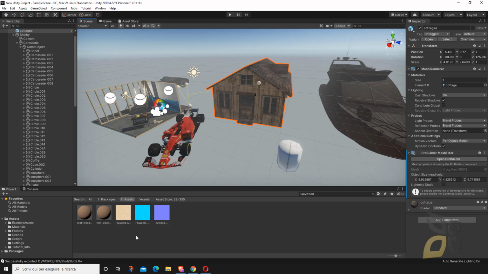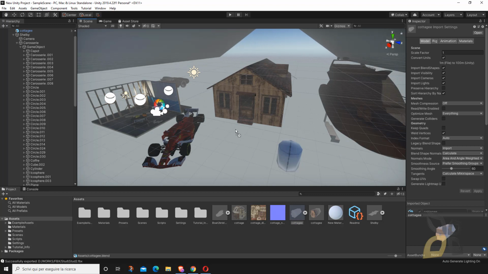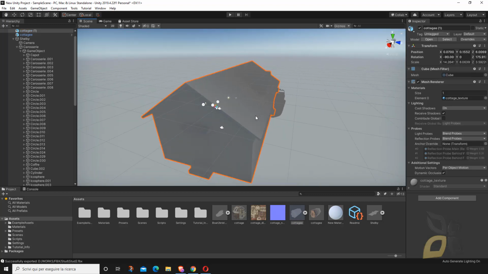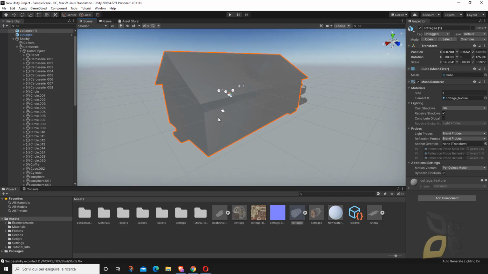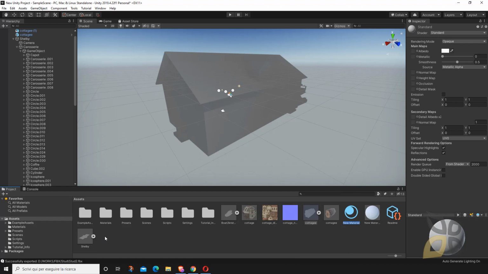So sometimes it happens also here when you import stuff into Unity that you have to recreate the material. For example, I think this is the original cottage that I have imported, and it didn't have the material, so I had to create a new material here and then reassign it.